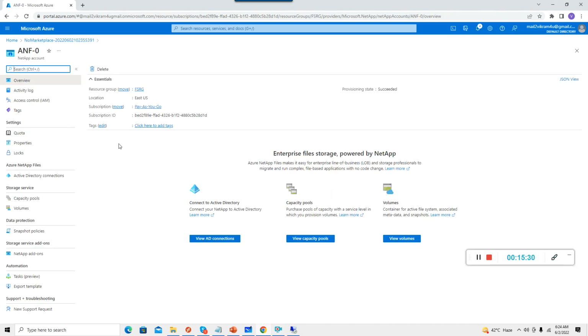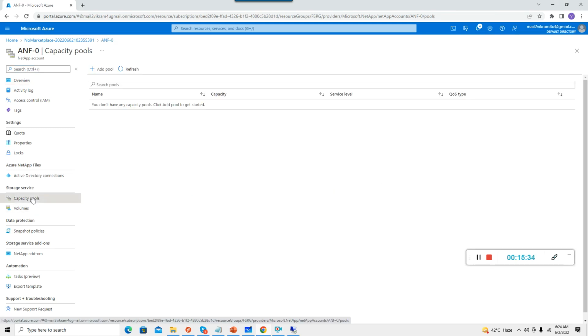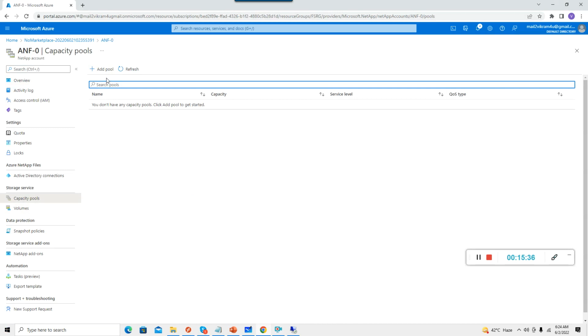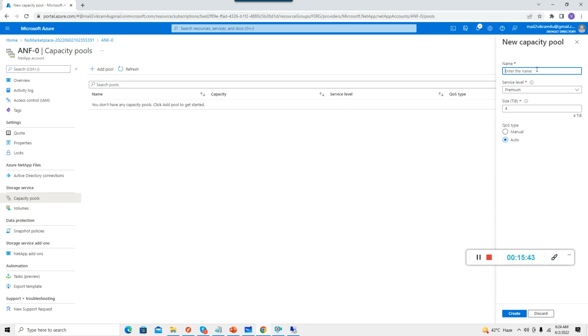In the resources, I need to go to the capacity pool. In the capacity pool, I need to add a pool. It's basically storage that I'm taking from Azure, right? This is just storage. So add the storage. You can give it a name like ANF. Guys, you can keep the naming convention to your own convenience. I'm just keeping it easy to remember: ANF, Azure NetApp Files, then